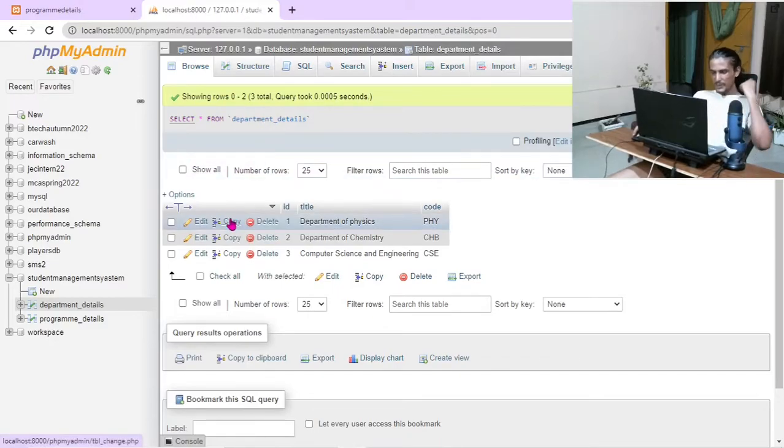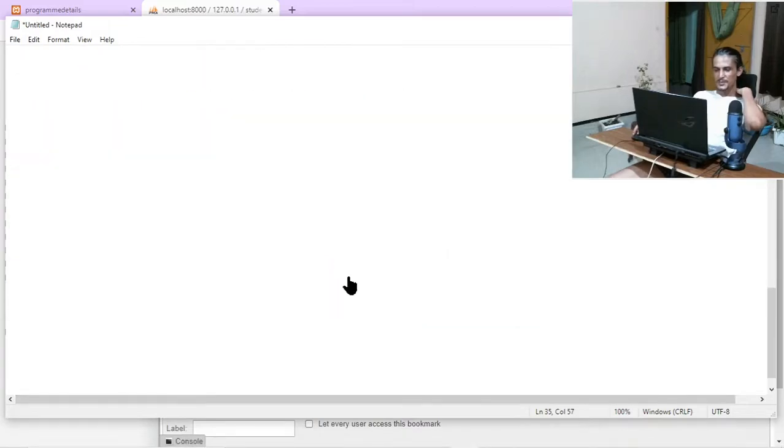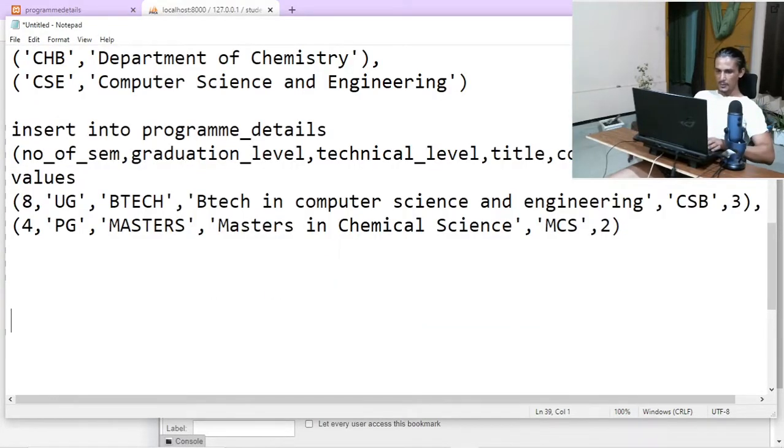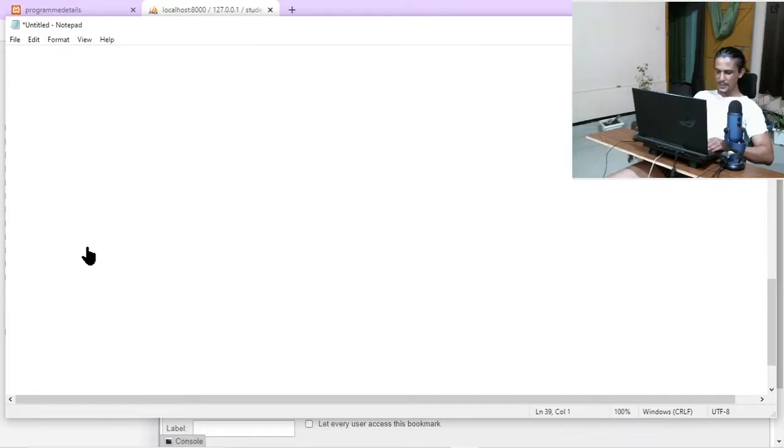To do that, the first thing you need to know is how to retrieve values from a specific table. What is the command to do that? The command is the select command, select. Now let's see the structure of the select command. Select, and then most commonly people write star, select star, then the keyword from, then you have to specify the name of the table from where you want to retrieve the details. So you can write select star from, say, department